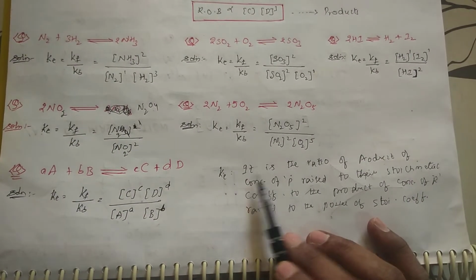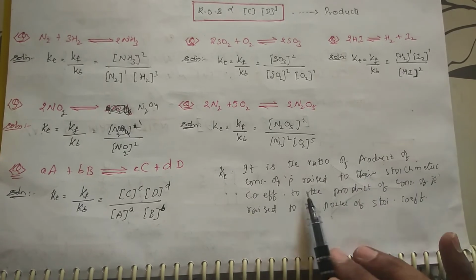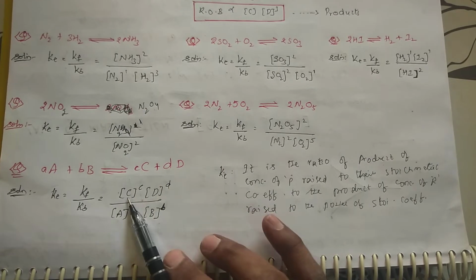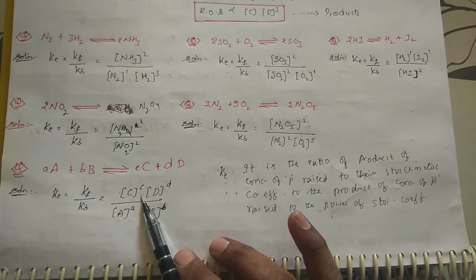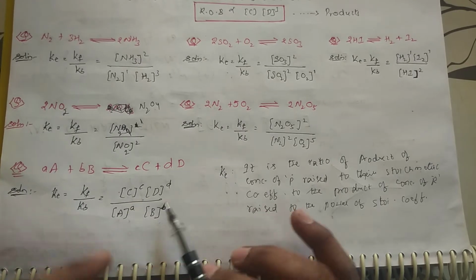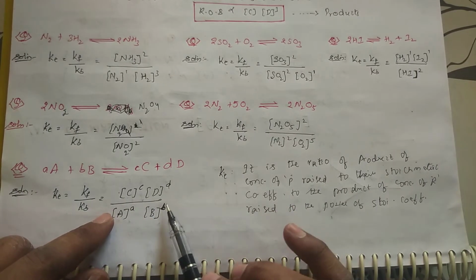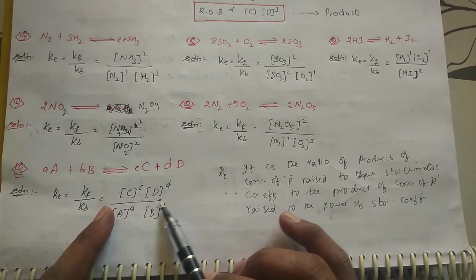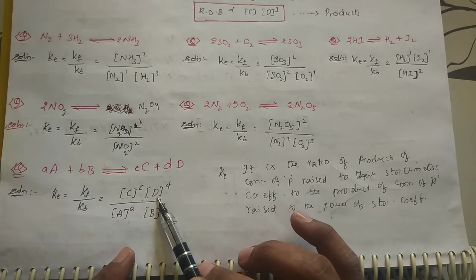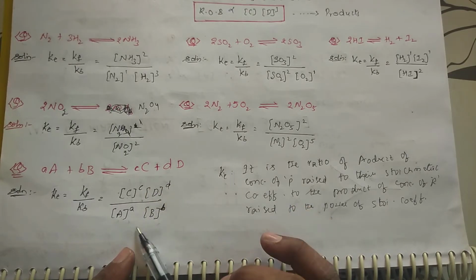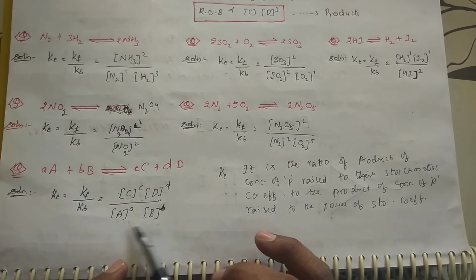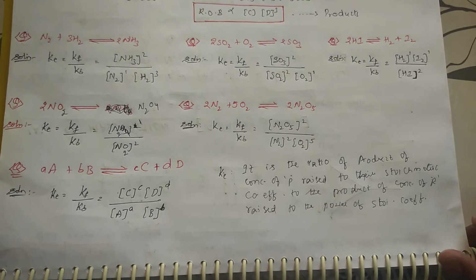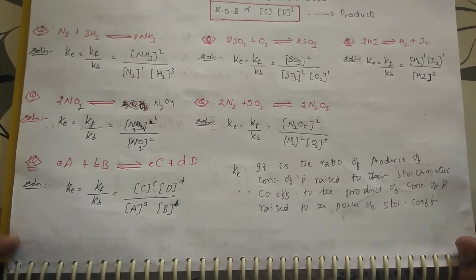It is the ratio of the concentration of products. You have the concentration of products on the numerator side, and these two terms of the products are multiplied here. Here you are indicating division, right? So K equilibrium is defined as the ratio of the product of concentration of the products raised to their stoichiometric coefficients to the product of concentration of the reactants raised to their stoichiometric coefficients. It is called the equilibrium constant. Okay, right.